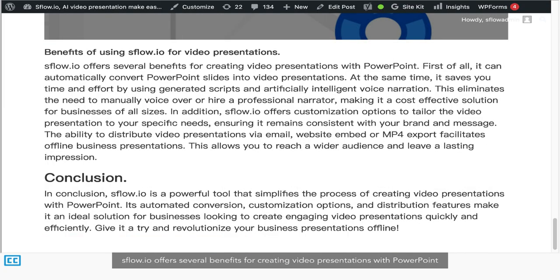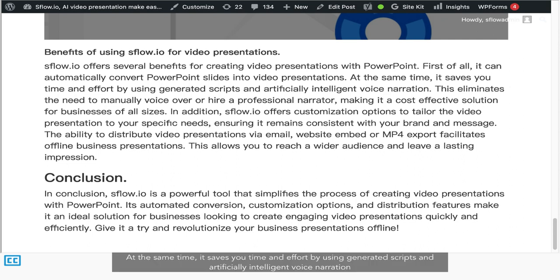SFlow.io offers several benefits for creating video presentations with PowerPoint. First of all, it can automatically convert PowerPoint slides into video presentations. At the same time, it saves you time and effort by using generated scripts and artificially intelligent voice narration. This eliminates the need to manually voice over or hire a professional narrator, making it a cost-effective solution for businesses